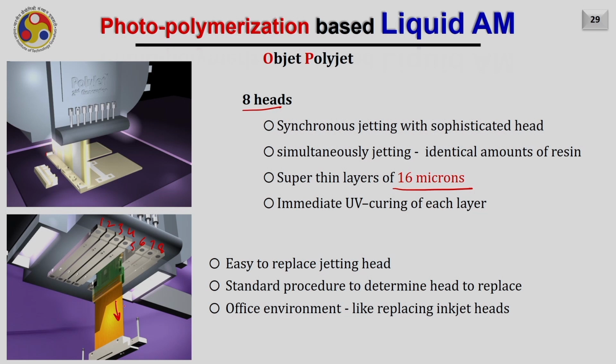This is a very well suited machine for office environments. Also, one benefit we can see nowadays in this machine is that the material which is jetting from the top can be mixed with color also, and a combination of RGB is appropriately used to get the color at each and every position of the part, and hence you can build colorful objects by this technology.